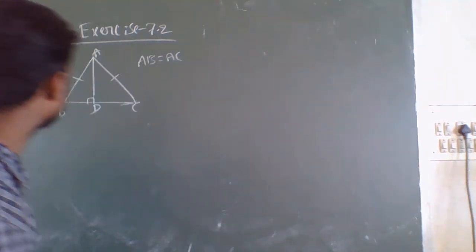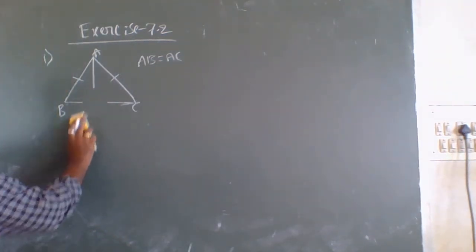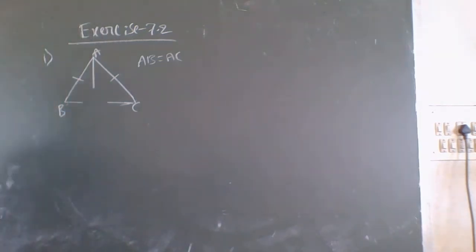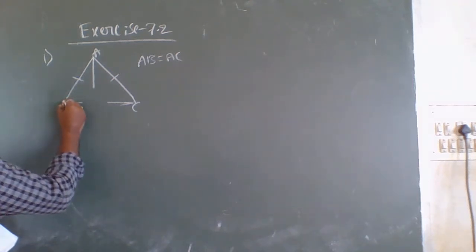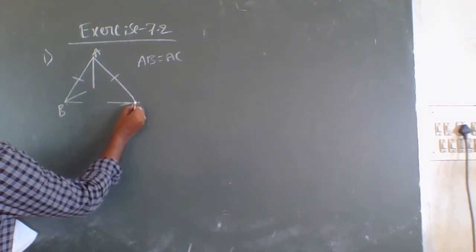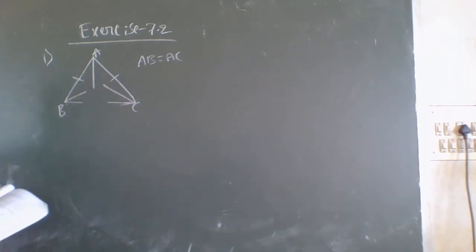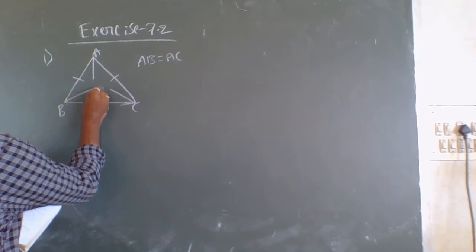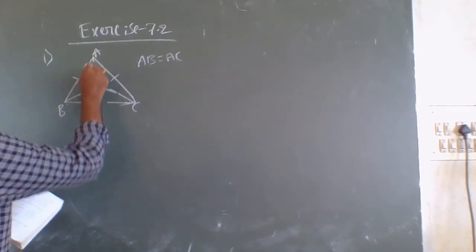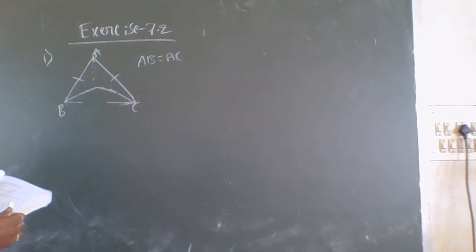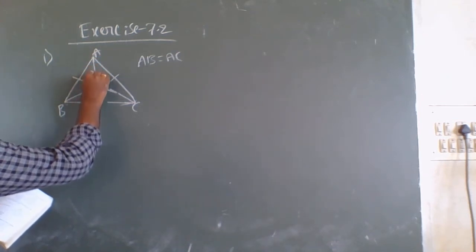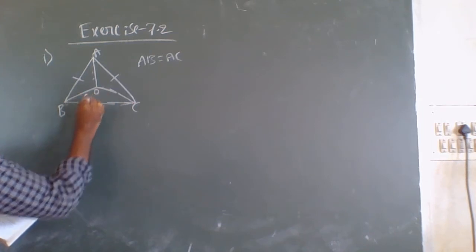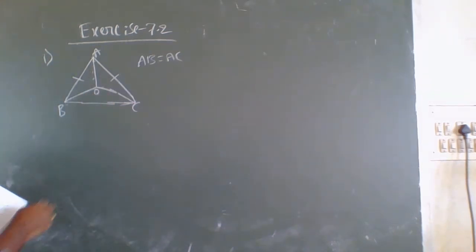Sorry, this is the diagram they have given for this problem. So here what they have given: this is the bisector of angle B and this is the bisector of angle C. They intersect each other at O, meaning these two intersect at point O. Join A to O. Now we will join A to O. This is O. Show that